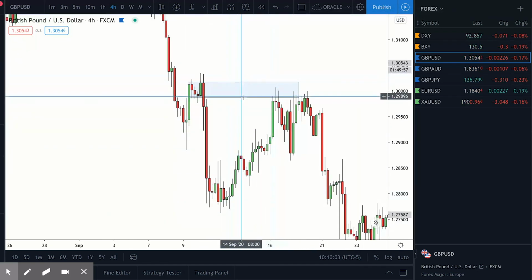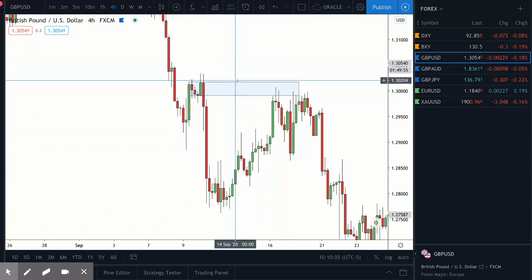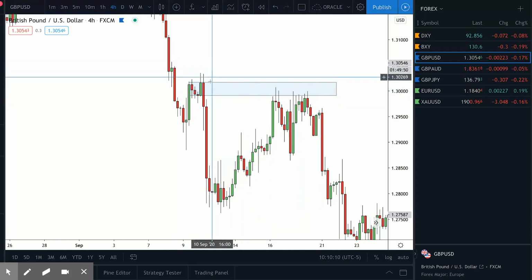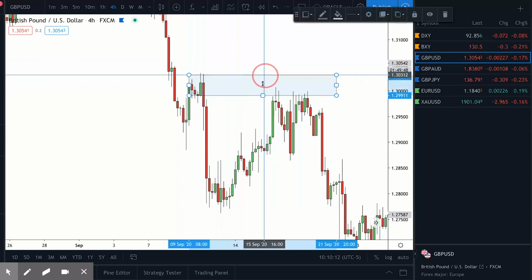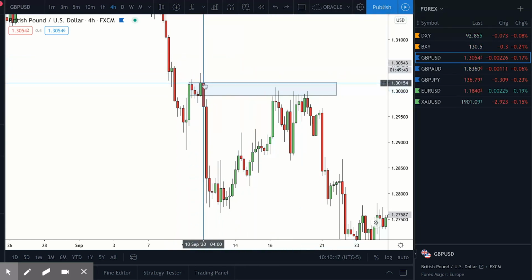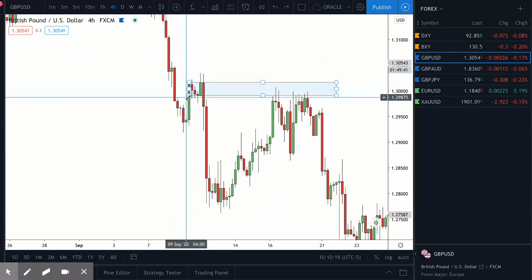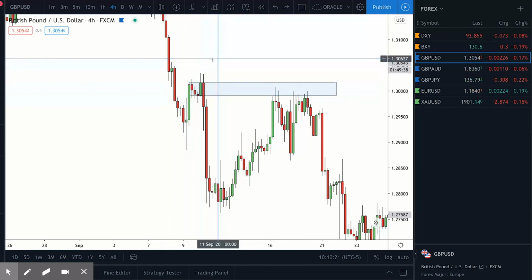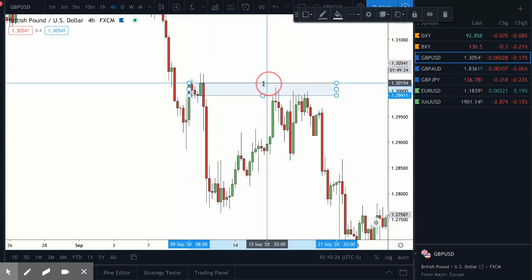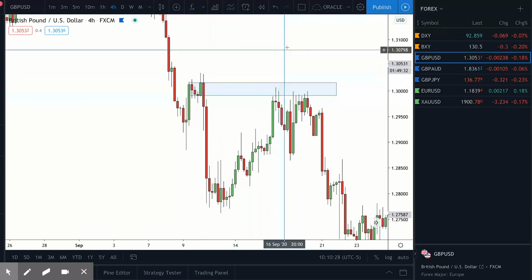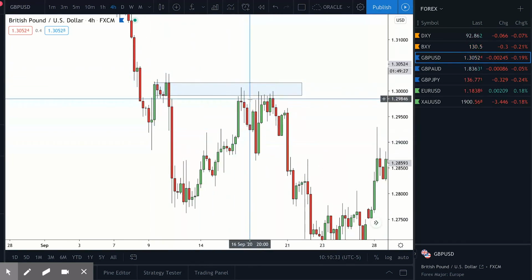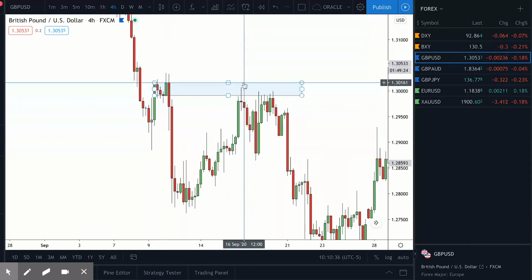So what we want to do is mark that zone. Now, you can be selective on how you mark your zones. Some people prefer to mark them with wicks included. My favorite way to mark them is to mark just the candle bodies. If we have the candles like this, we can see this is the main area of consolidation. Of course, we do have the wicks as well. But focusing on the bodies means that if we see price push into this level and react like this, but we don't actually push over the candle bodies,